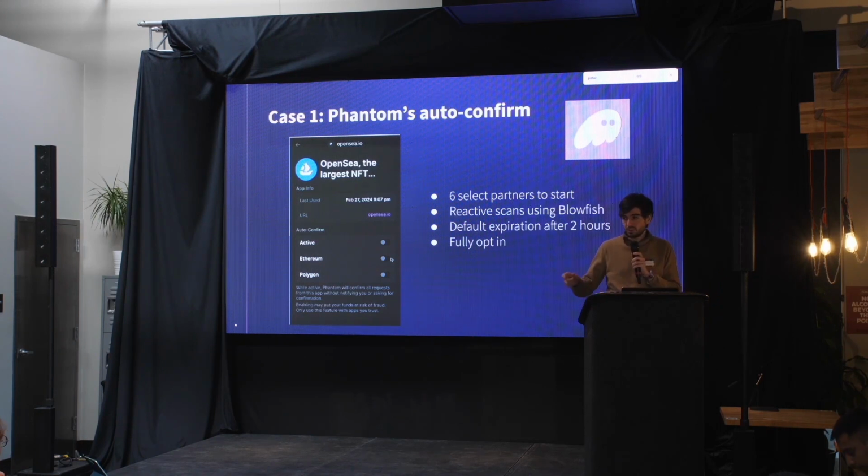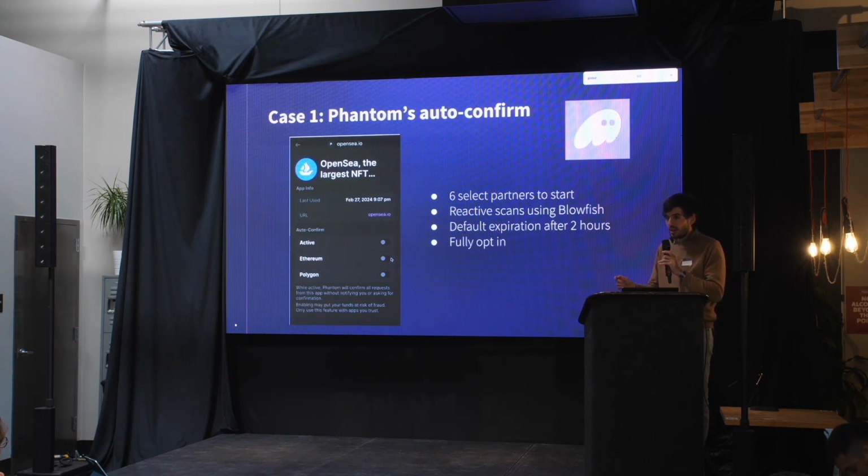And again, I think this type of scoping, not trying to make it a foolproof experience that works forever under every use case, but starting bite-sized, allows us to actually take risks with the type of UX we can present because we're scoping to a pretty known problem space. And again, this is fully opt-in, so it's not turned on your behalf in Phantom, you have to go look for it. But I think it's an interesting view of where the future might go.